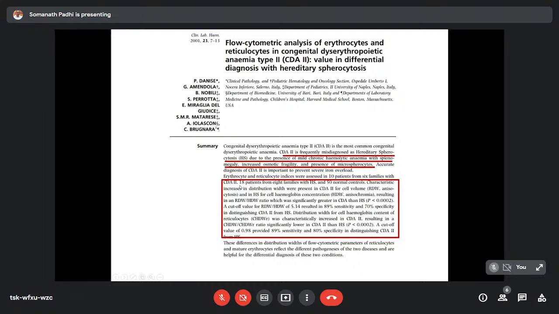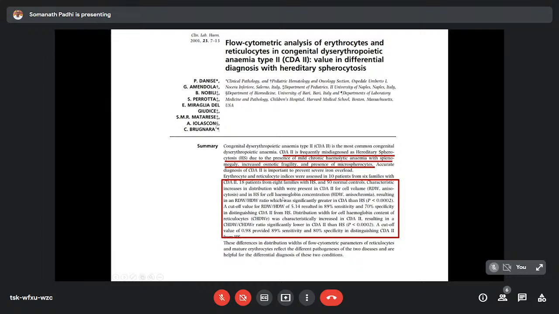So these authors evaluated 18 cases from 8 families with hereditary spherocytosis, 10 with CDA type 2, and 50 normal controls. The characteristic feature of CDA type 2 was a striking increase in red cell distribution width. That means CDA type 2 cells are more anisopoikilocytic, whereas the hereditary spherocytotic cells showed more anisochromasia, with minimal anisopoikilocytosis, that is known as HDW, hemoglobin distribution width, because of the